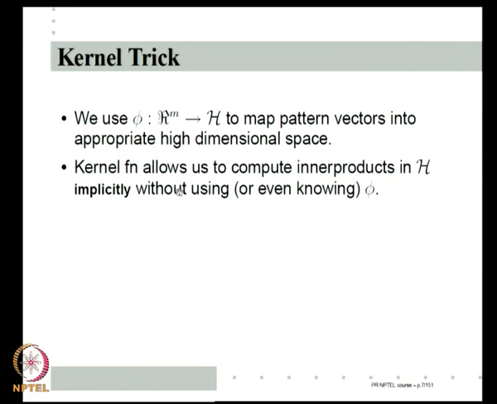What the kernel function allows us is to compute inner products in the space H. So, if I have two vectors in Rm, say x and x prime, I want to calculate the inner product between phi x and phi x prime. I want to calculate phi x transpose phi x prime, that is an inner product in H. I can compute them as a function of just x and x prime. So, kernel function allows us to compute these inner products implicitly without using phi or without even knowing what the phi is. Right. Given x and x prime, I can derive a function of x and x prime, which happens to be the inner product of phi x and phi x prime. So, kernels allow us to do the computation of inner products in the H space implicitly and with no knowledge of the function phi.